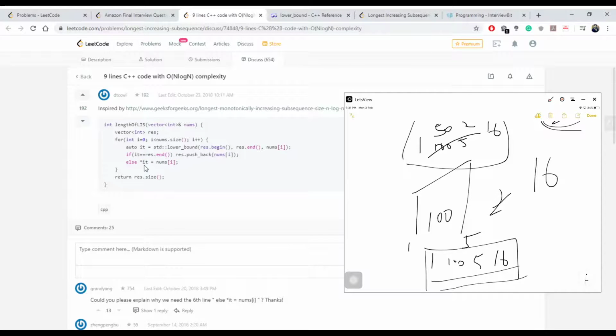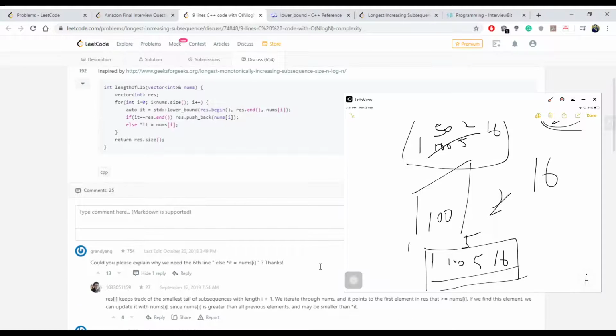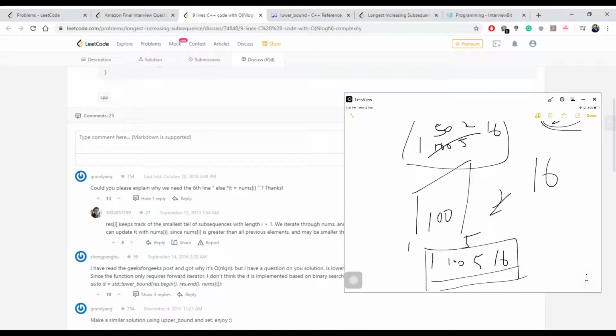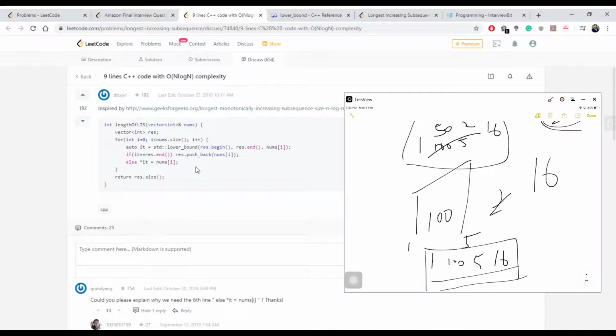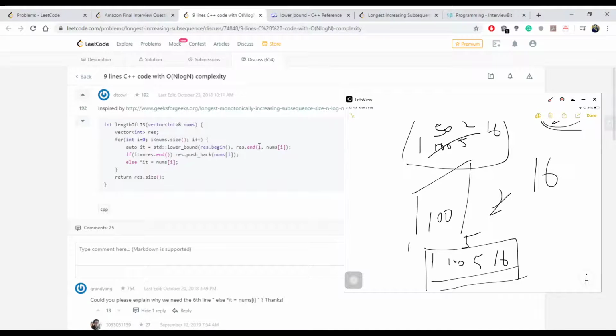Else, if you didn't find a number which is greater than nums, then we add that to our value. Else,